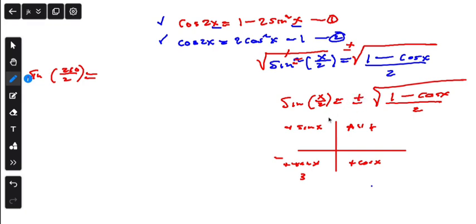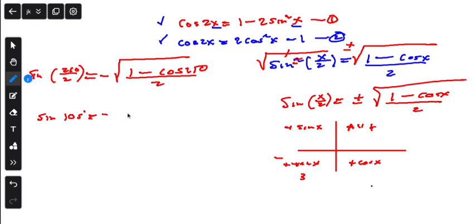So if the angle was in the second quadrant, here we would have taken the positive, but since it is in the third quadrant, we are going to take a negative. In the fourth quadrant, still we are going to get a negative, so we are going to say negative. So that is how you determine if you are going to have a negative or positive. Then here we have 1 minus cos 210, then divided by 2. From here, if I divide, I'm going to get 105 definitely,